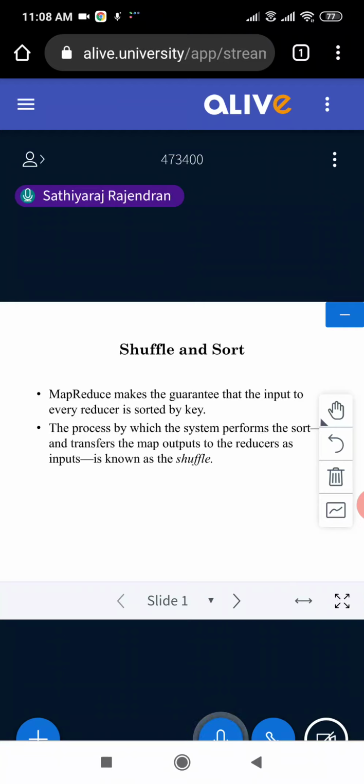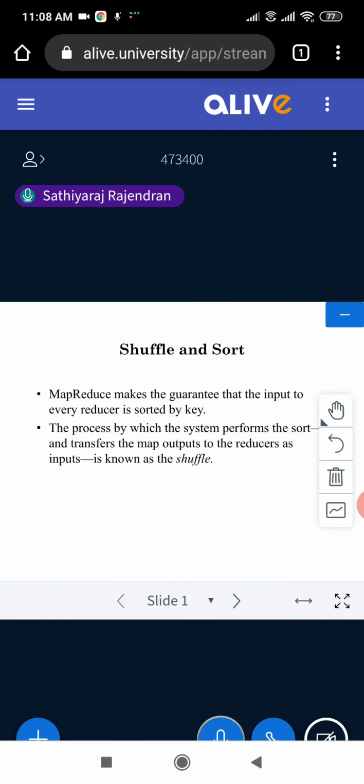And then what is meant by sort? When you talk about the final reducer, if you see the combiner, what the combiner does is combine all the values resulting from mapping. Thereby it is going to sort with respect to key. Sort with respect to key means, for example, if you get the frequency of word counts, you can do that with respect to alphabetical order, or with higher occurrences at the top and lower occurrences at the bottom. It can be of any order. That is called sort.